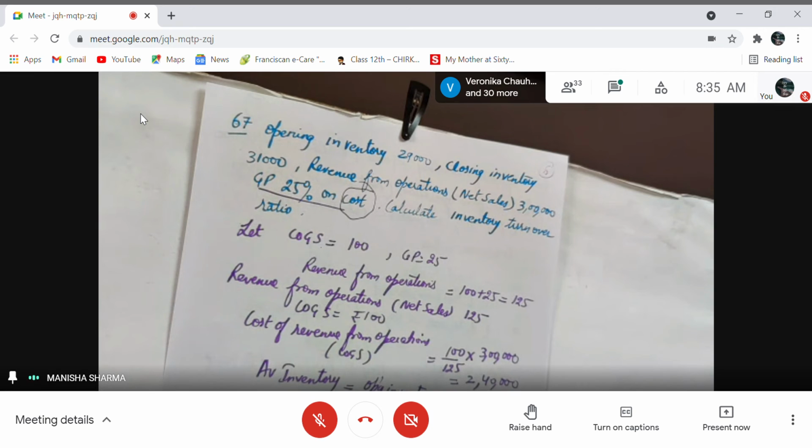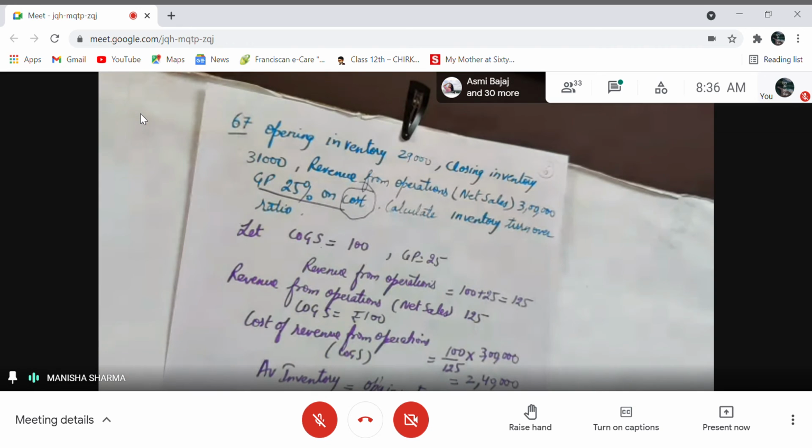As I told you, first you will see what percentage of COGS you calculate GP as. Then I told you if COGS is not given, you will calculate GP from net sales. Please don't forget. Purchases are also not given in the question. Since purchases are not given, you cannot use the COGS formula directly. First, you will have to find COGS using net sales minus GP.